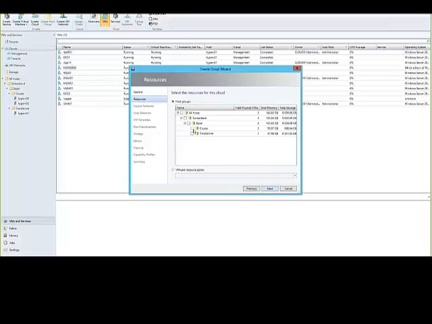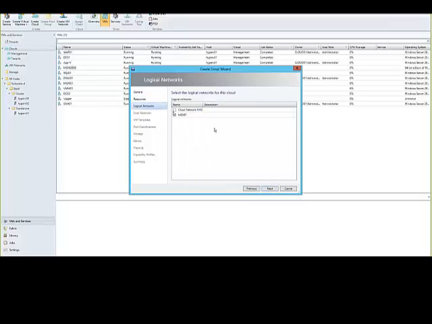I say which Hyper-V host or host group should be used, and I will give them cluster resources. I can say which logical networks they can use if they deploy virtual machines to that cloud. In that case, I would use this provider space network that network virtualization runs on.